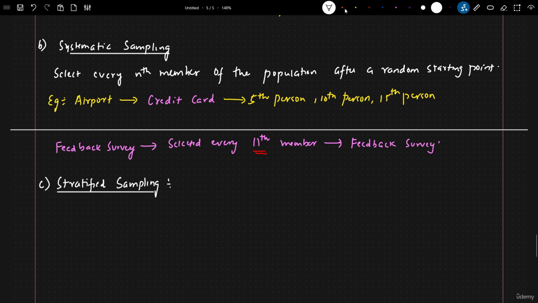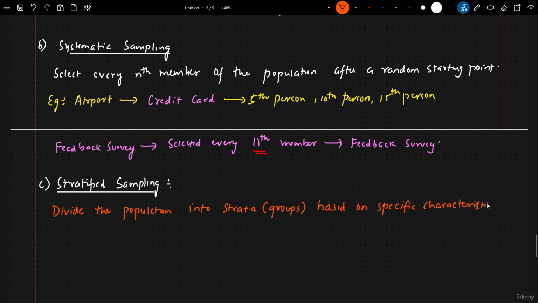Stratified sampling basically means that we divide the population into strata, which we also call groups, based on specific characteristics,